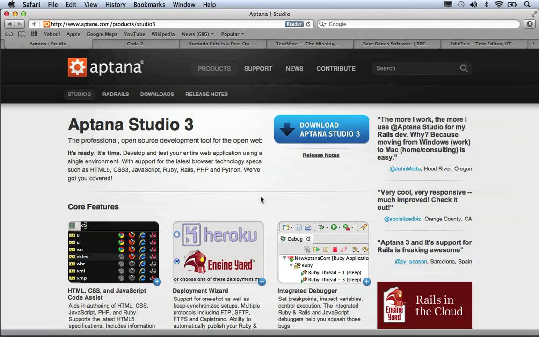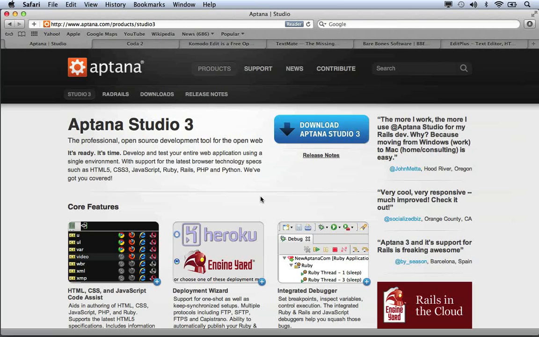robust. In fact, if you're on a Macintosh, you can use TextEdit, and if you're on a Windows machine, you can use Notepad. However, those two products aren't going to be helpful when you start coding. You're not going to have things like code hinting and tag completion that will ultimately speed up your productivity. So what do you do? Well, you can use Dreamweaver, but if you don't want to use Dreamweaver, there's other solutions out